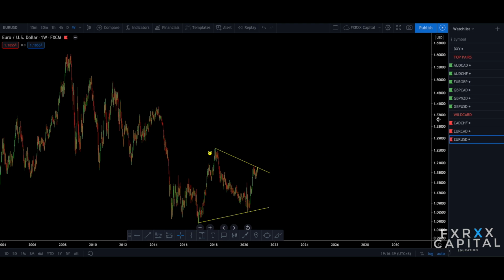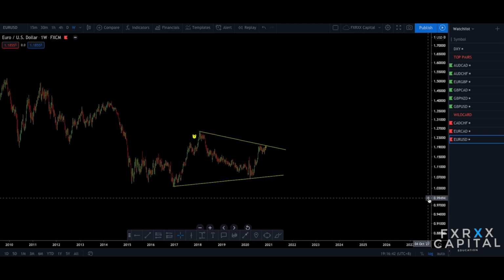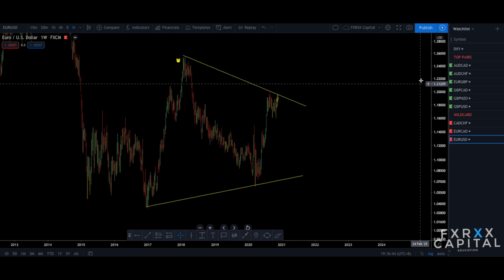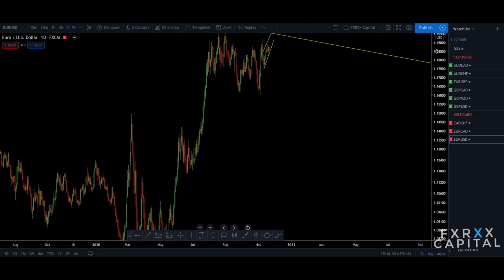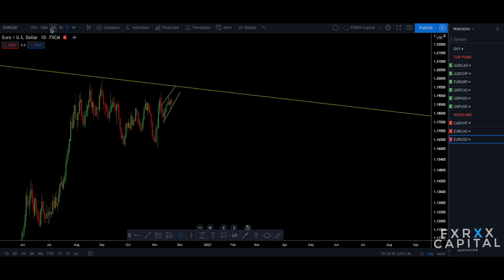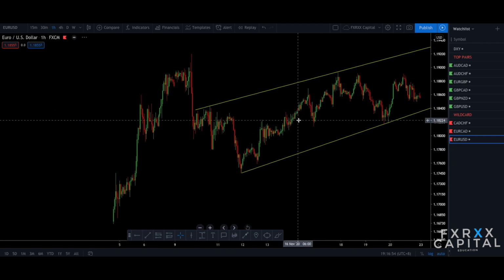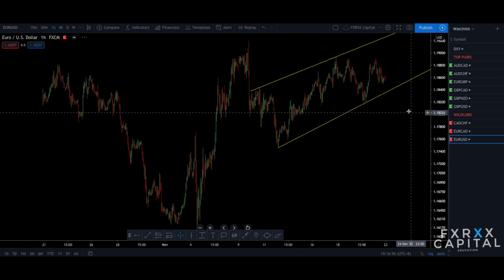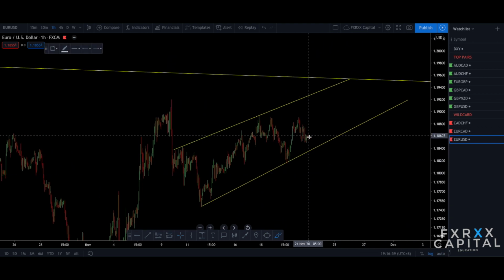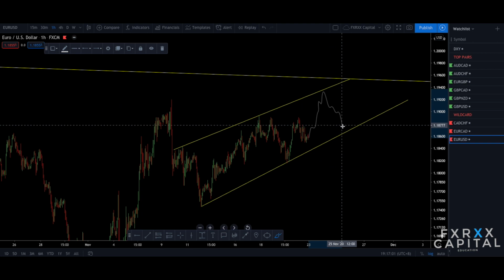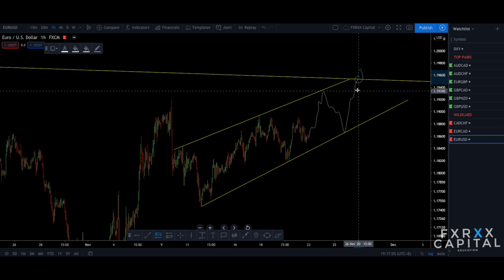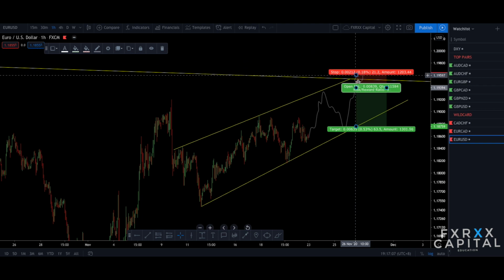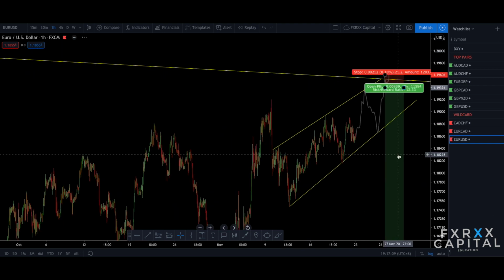Euro USD, we can see in the high time frame this is the structure price develops. Quite an interesting structure. We can see price approaching again, moving to the upside. In the lower time frame, price starts developing an ascending channel. You can see price in this area and move to the downside. And I'm looking to sell in this area